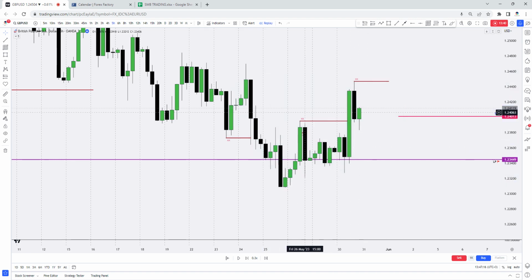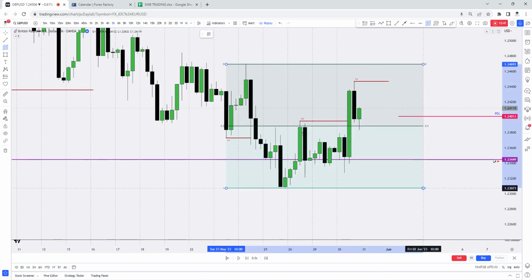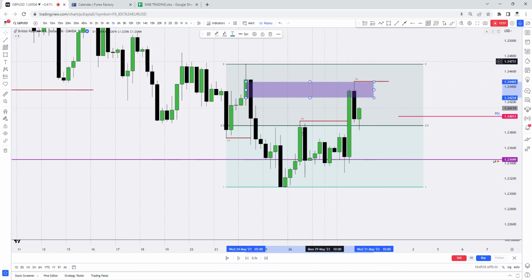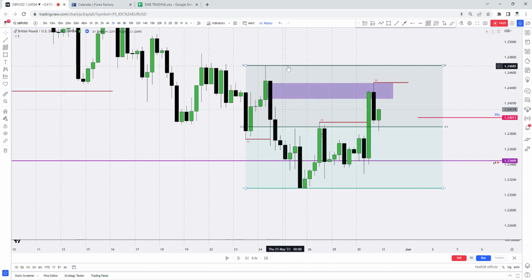So now right here on the 30th, that is when price broke the 50% and now comes into our premium. And what do we see in our premium? We have this order block. This up candle is an order block. And why is it an order block? That is because